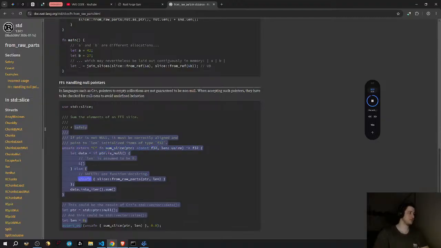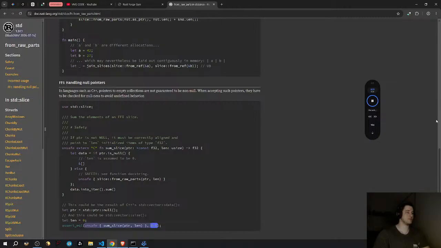Else { // SAFETY: see function doc. unsafe { slice::from_raw_parts(ptr, len) } }; data.into_iter()... Some: this could be the result of a C++ std::vector's data. let ptr = std::ptr::null(); and this could be the std::vector's size. let len = 0; assert_eq!(unsafe { some_slice(ptr, len) }, 0.0);